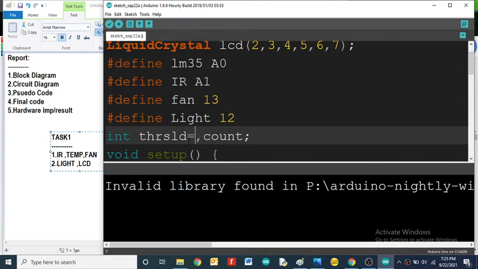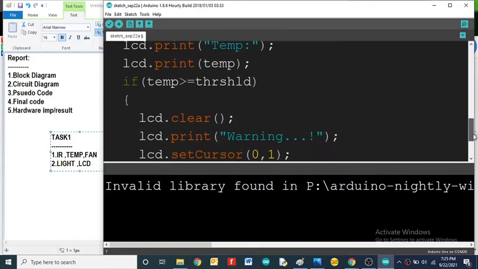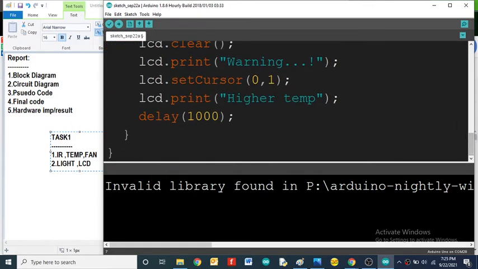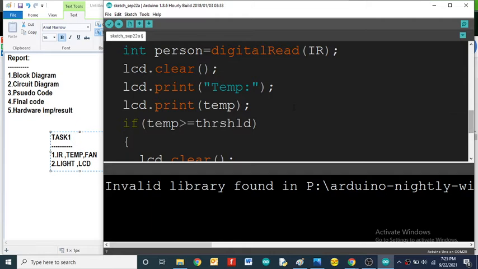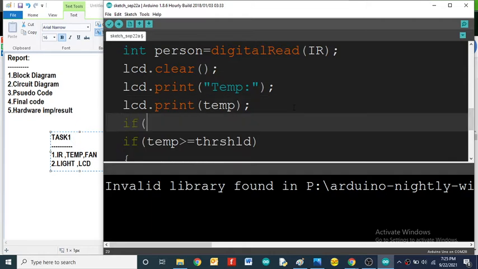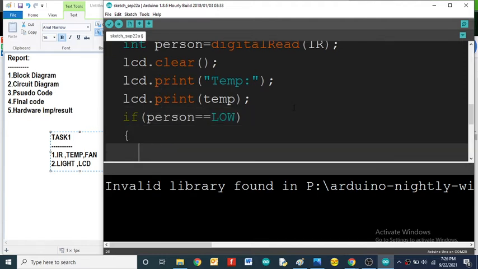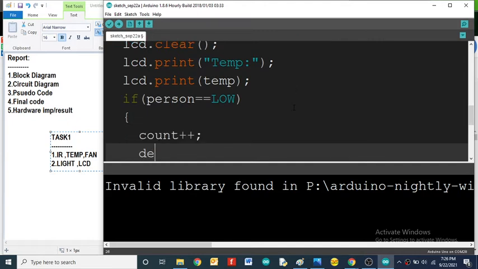We can initialize the threshold value as 33, and I will count the number of persons. If person is equal to low, then I will increment the count. After that just use delay.